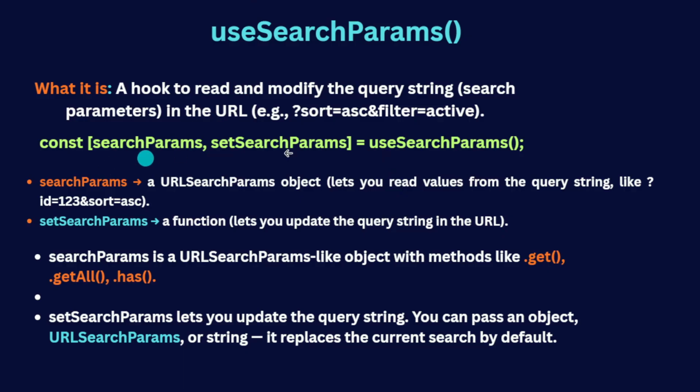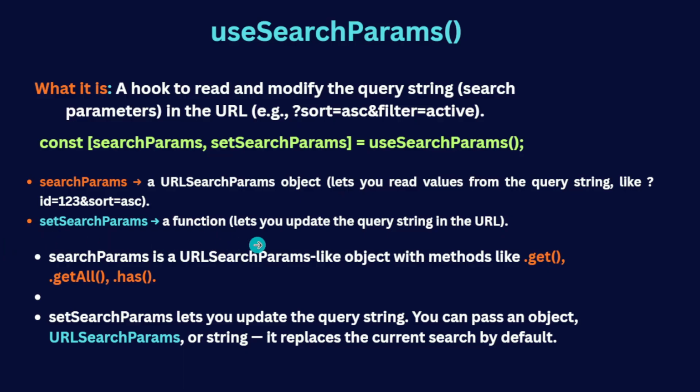So we have two things. useSearchParams returns two things: first is searchParams and setSearchParams, similar to useState. So what is it? searchParams is a real URLSearchParams object that lets you read values from the query string this way, right? So searchParams works like URLSearchParams. It's an object